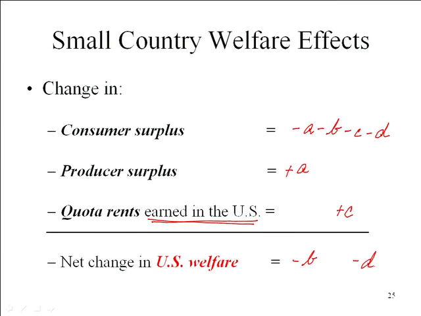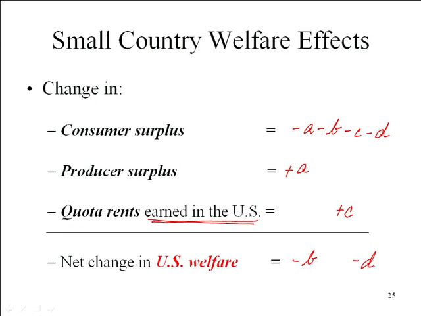Look familiar? So we know that these two areas are our production and consumption distortions, because both production decisions and consumption decisions are being made at a government-influenced price rather than a free market price. Who actually got the quota rents? The license holders,